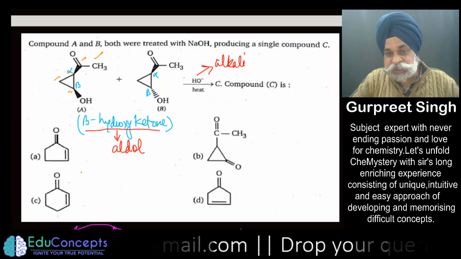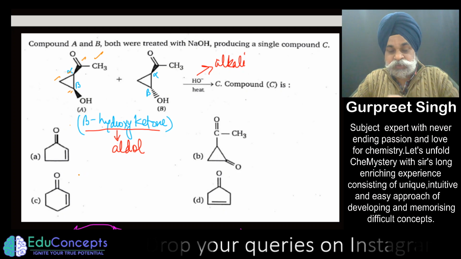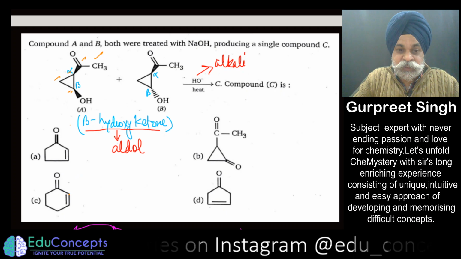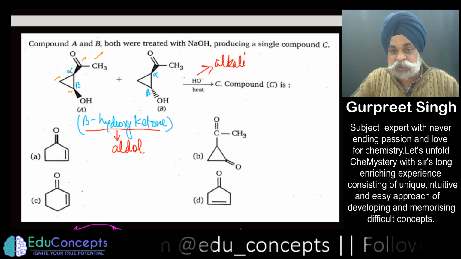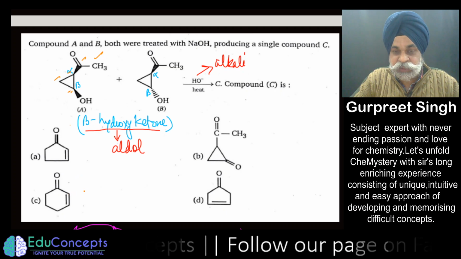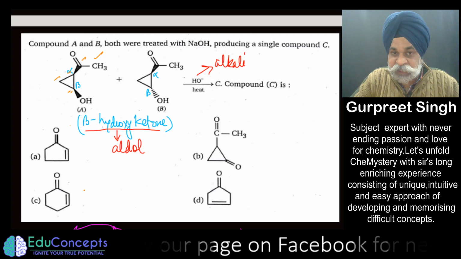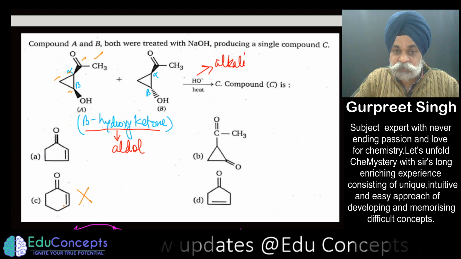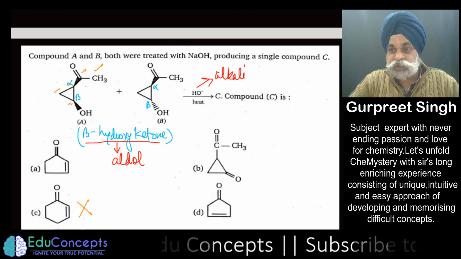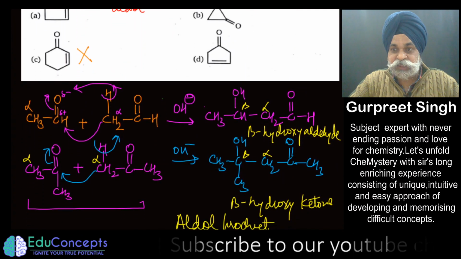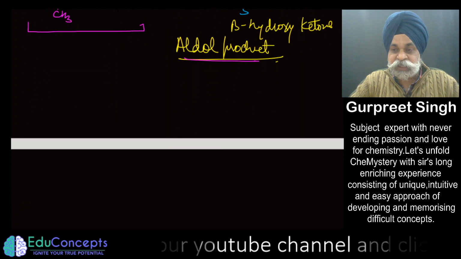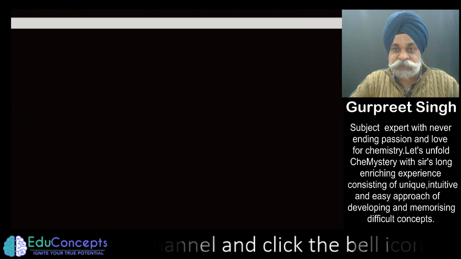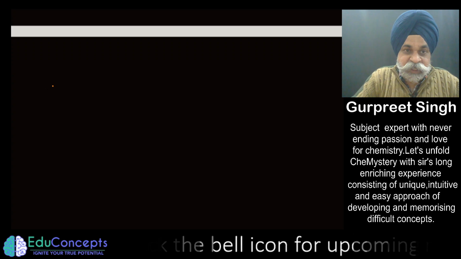So OH negative is being added, so no other source of carbon is being added. So you can think that the answer to this question must be a 5 carbon atom molecule. So this option can be categorically removed. This is the best way to rule out some options in organic chemistry, because in organic chemistry many things happen parallelly. Now let us figure out logically what has actually happened.